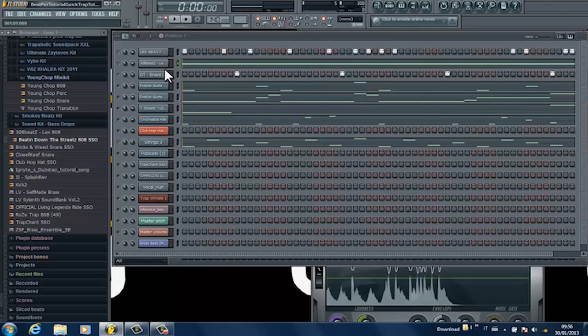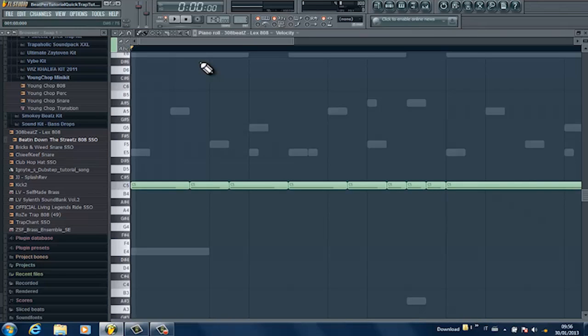Since I copied the 808 pattern from the kick pattern, you're gonna be sure that the notes coincide, so you get the proper thump from the kick along with the bass, and the kick sits in the bass properly. So now you can play around with the notes and get that Lex Luger effect with the last note usually going up. So you're gonna go like,